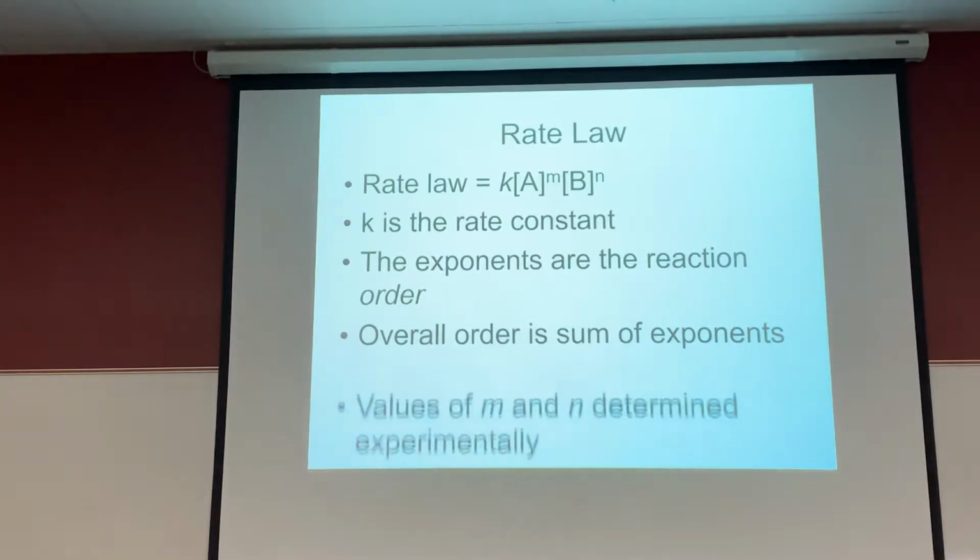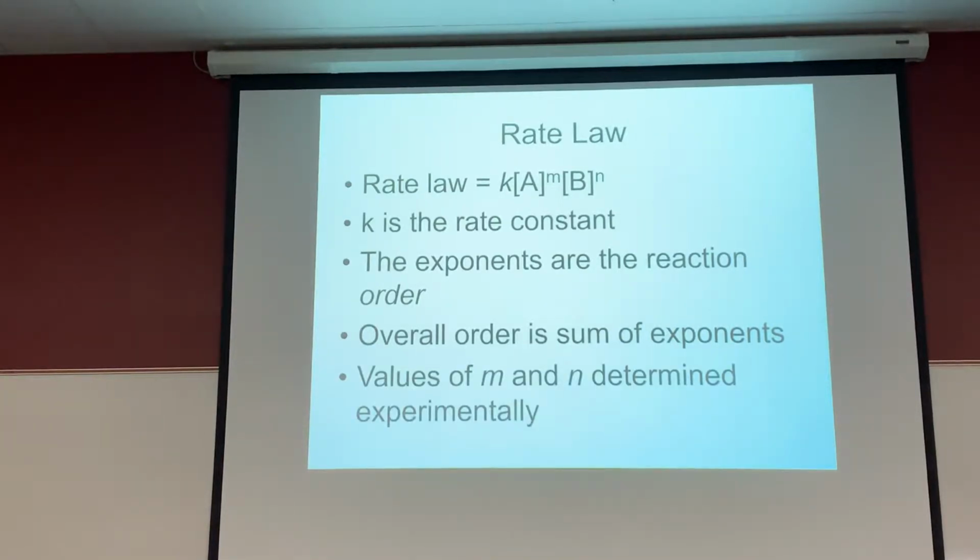Next. Oh, last bullet. Sorry about that. There is no way for you to figure out M and N without looking at experimental data. As you'll see a couple slides down, there's a data table that has how rate changes with changes in concentration. You will figure out the values based on that data, and then you'll use all of that to actually figure out the value and the units for K.